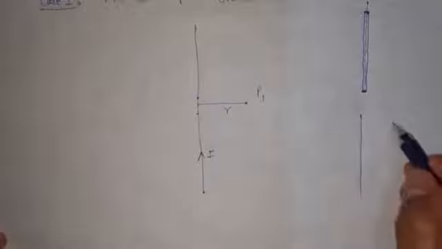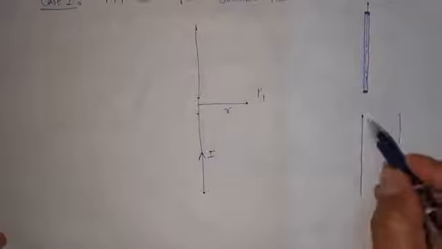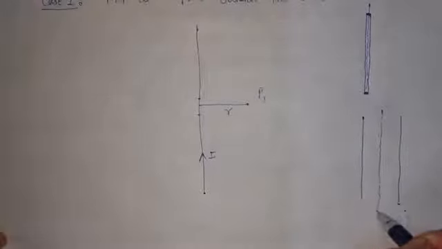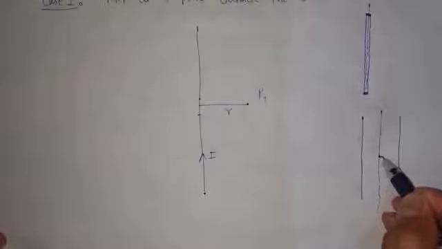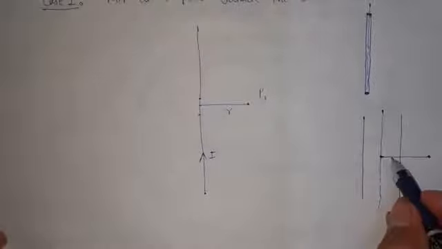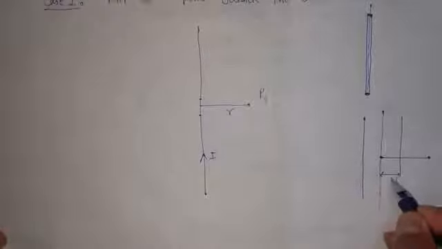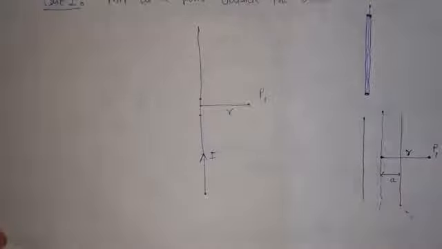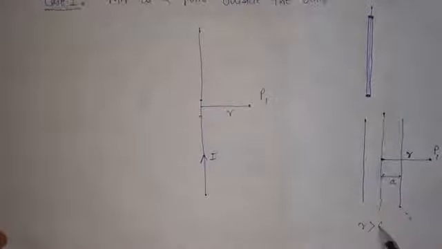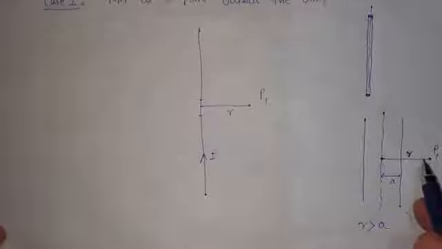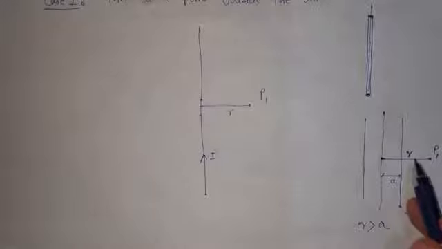This is the circular wire, and this is the axis of this circular wire, the center of the circular wire, and from here the point lies outside of it. Here the letter A is the radius of the wire, and r is the distance to the point which is outside the wire. Here r is greater than a, thus we say that point P1 is outside of this straight infinite length conductor.